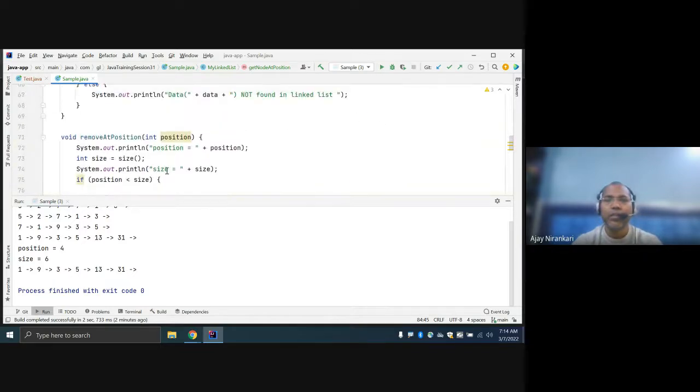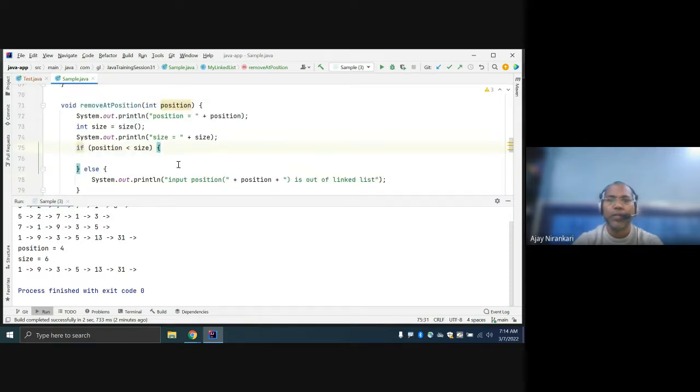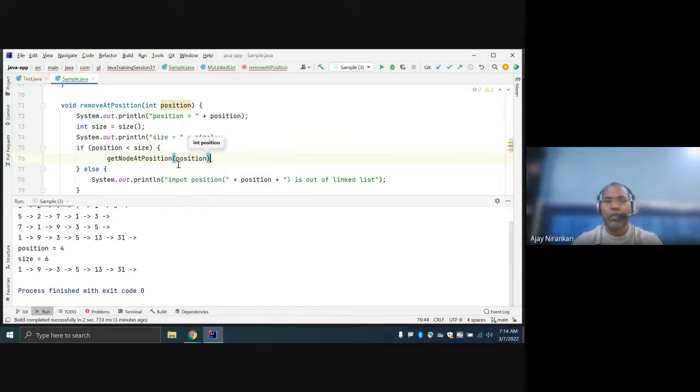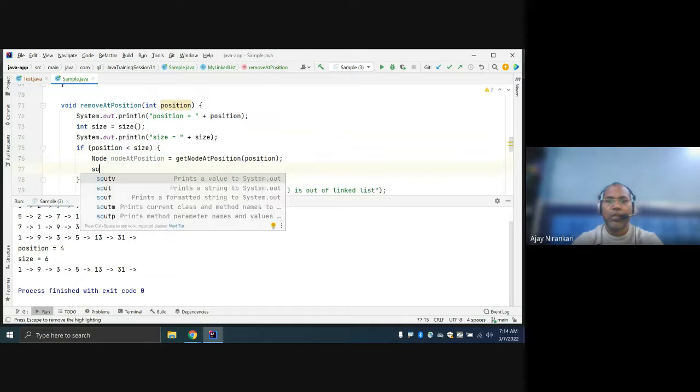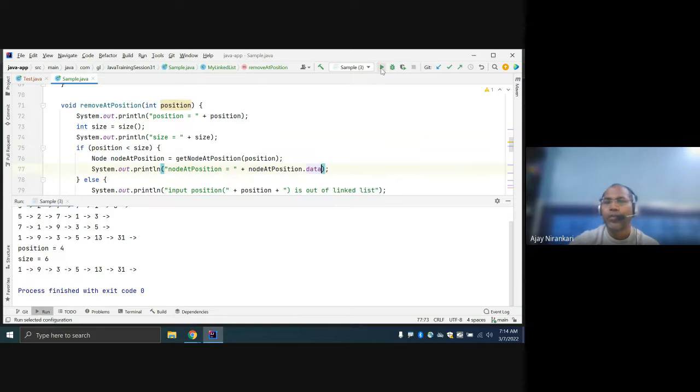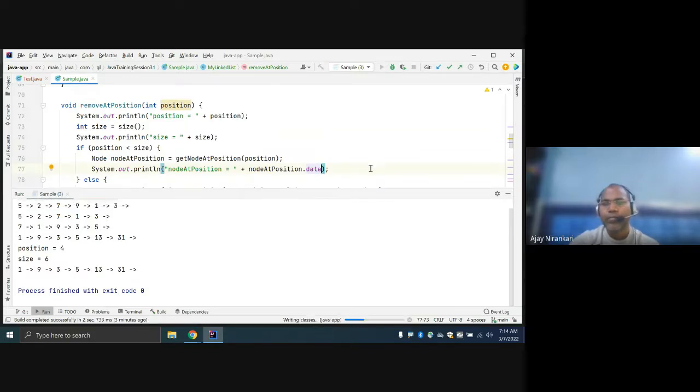Let's print it here. Get node at a position. Let's pass the position. Let's see what node we got. Node at a position. So you know position is 4. Fourth, you are finding the position 13. That means we started the loop from 0, 1, 2, 3, 4. This returns that, but I want to return 4. Our loop should be less than 1. Is it right?